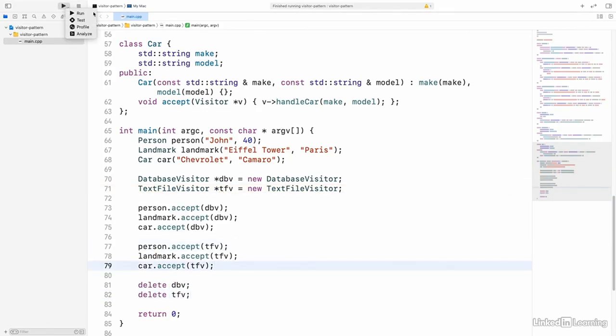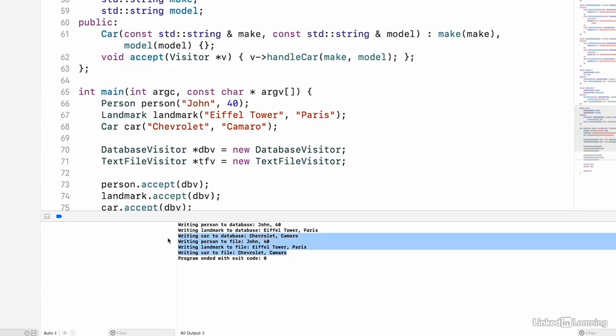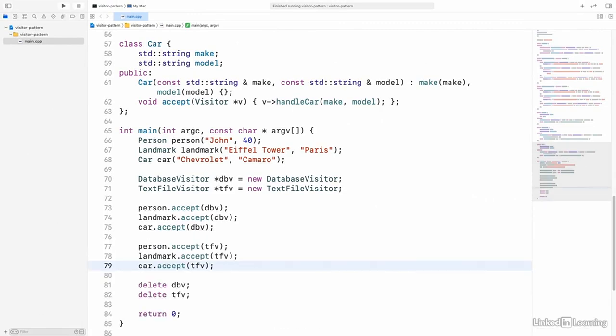Now, if we run our code, we're going to see that everything works just like we want it to. We're going to see writing person to database, writing landmark to database, and so on. And that is that. And again, the beauty of this pattern is that we can add a lot more visitor